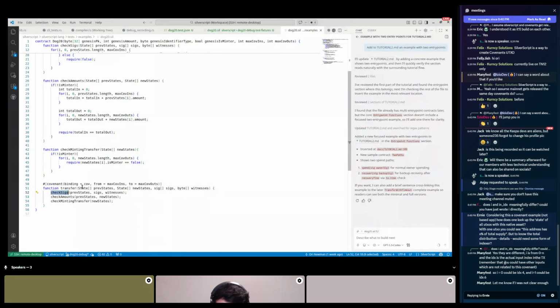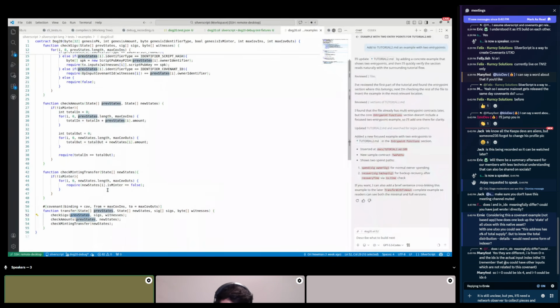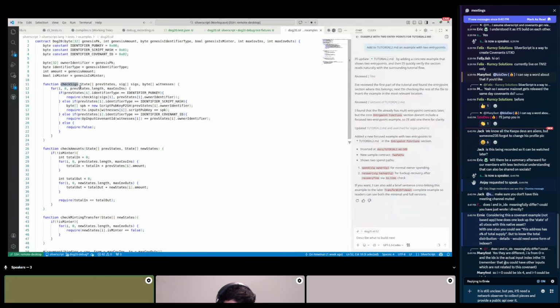So first it checks that the signature is right, and namely it checks that the owner of the tokens that is specified in the previous state has the permission to move the money. Right? So you check it by checking the signature is correct. This can be seen here.